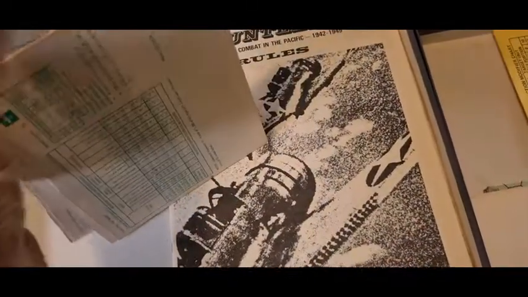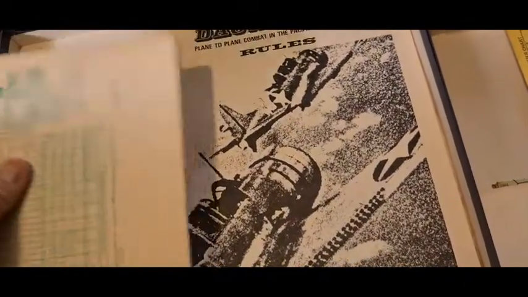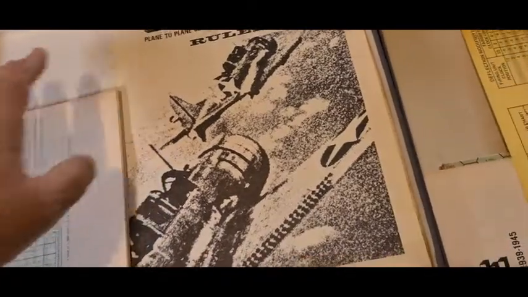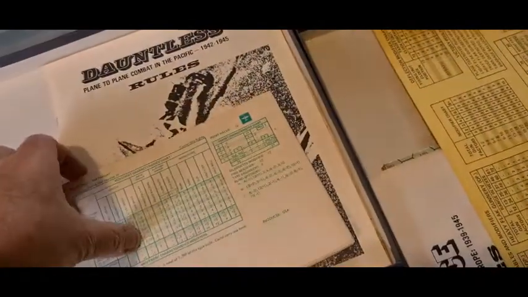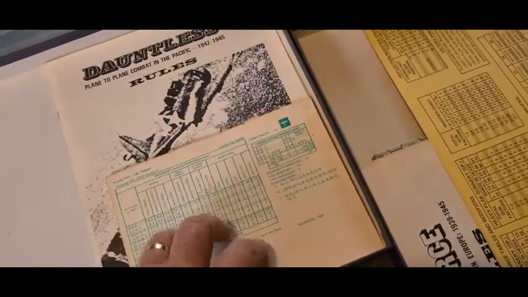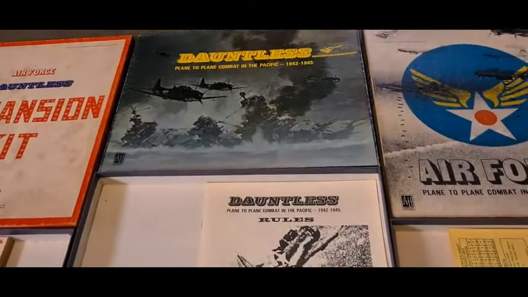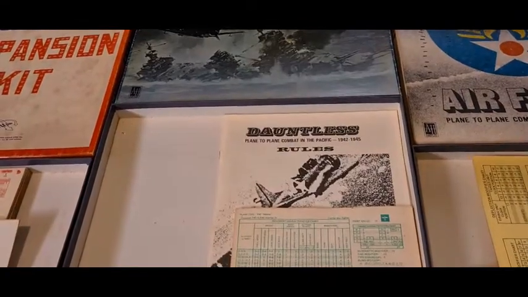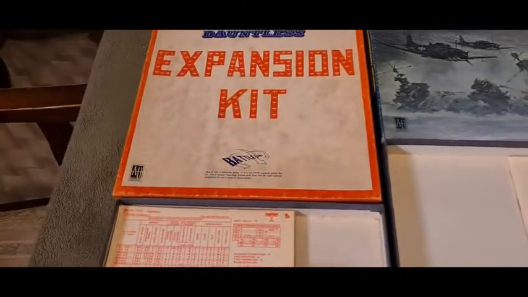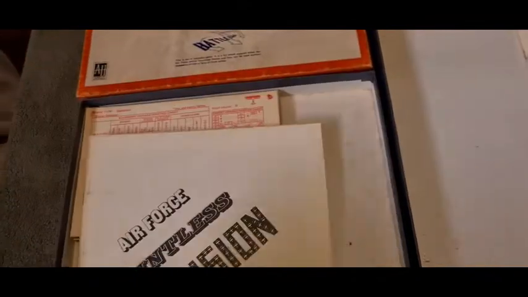To be quite honest, I do not like Avalon Hill's colour charted monstrosity that they created. It just did not appeal to me. I don't know why they went down that road of colour coding. But anyway, as far as I can work out, I think all the critical stuff for Dauntless is there. And then there was the expansion kit for Air Force and Dauntless. So again, I've got the